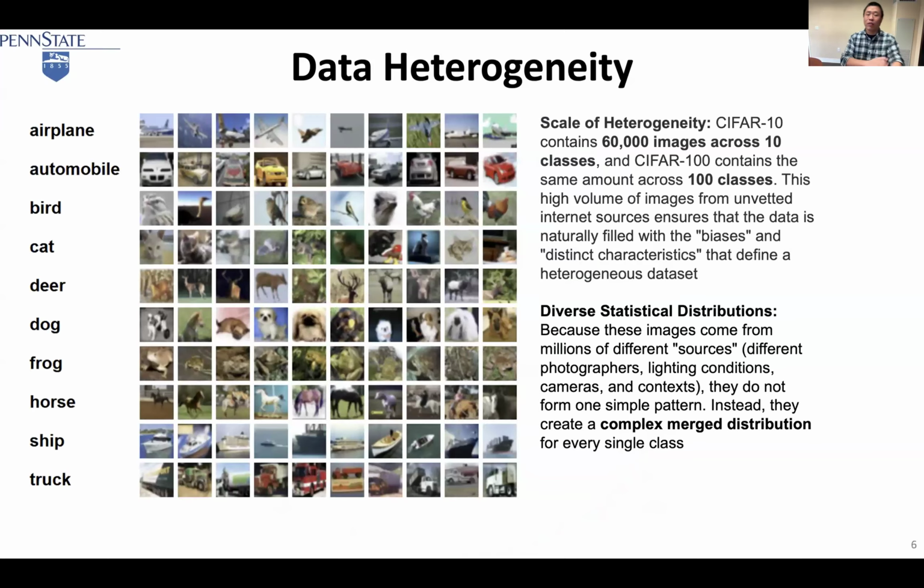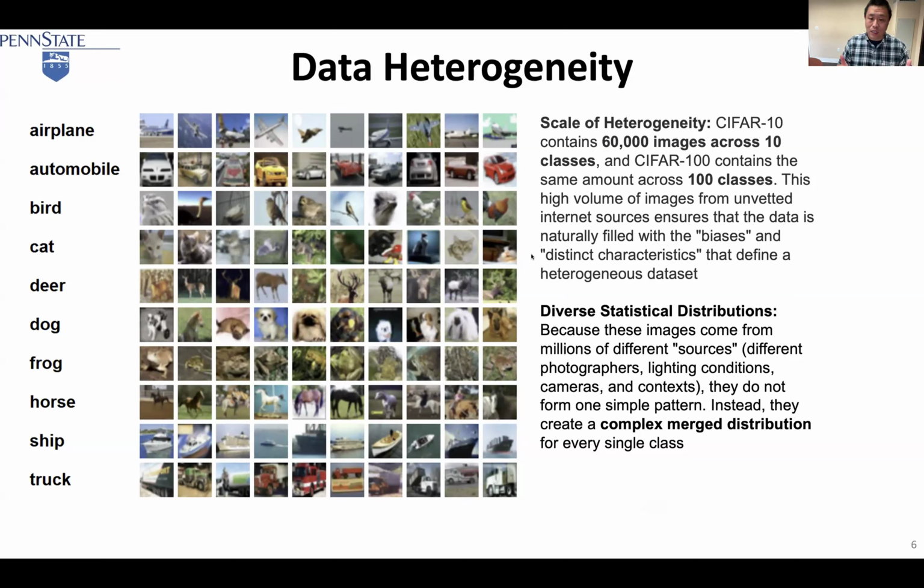Okay, so I'll give you another example. If you do machine learning, a pretty standard data set is CIFAR-10 and CIFAR-100, and each class is labeled, right? CIFAR-10 has 10 classes, CIFAR-100 has 100 classes, but the data is collected from different photographers, different cameras, lighting conditions, and environments. This is different, but we all put them together and call it one data set, right? So this data set is very complex and also multi-modal. Okay, so how can we put this